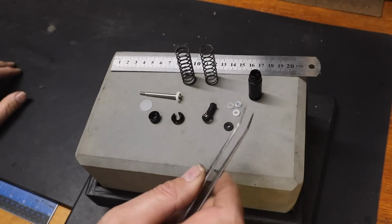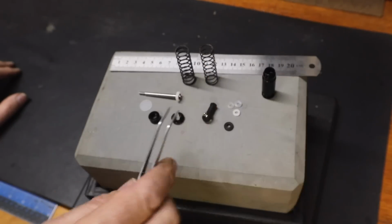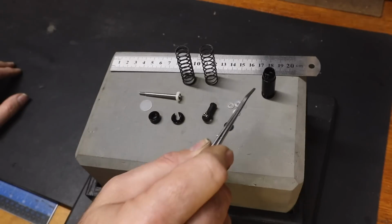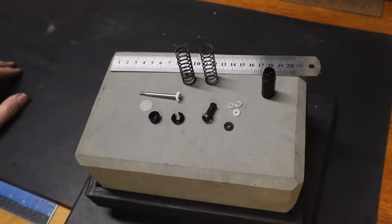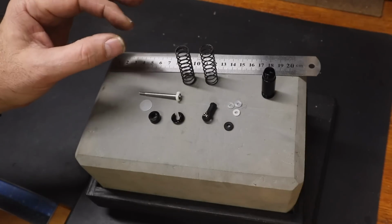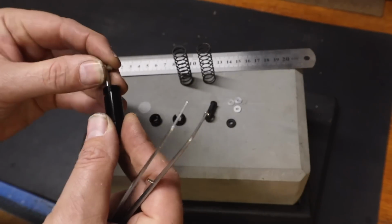We have a 10.2mm ID on the body, a 10.2mm bore, and then the piston is 9.8mm. So we're almost a millimeter. I mean, a half a millimeter. We're 0.4 millimeters of dead space to where when this is inside,